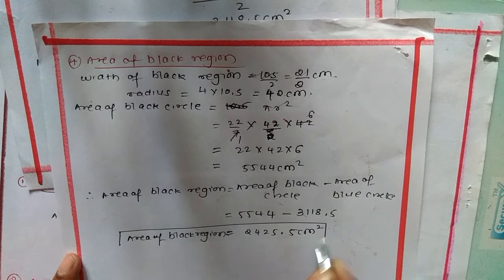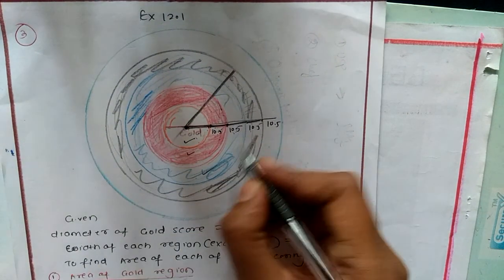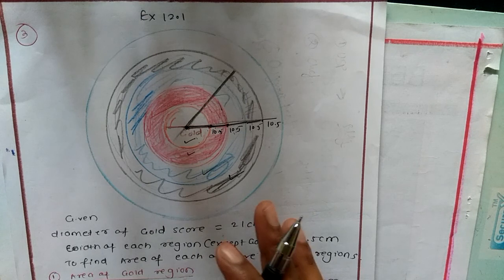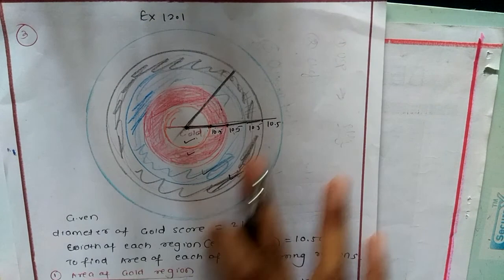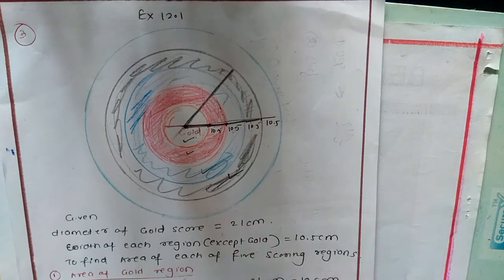So always highlight the final answers. Next, the fourth part is over, that is, the area of black is over. Now the last region is what? The white circle or the white region. So this is the white region. I will not color it, already it is white. So same here you have to do.